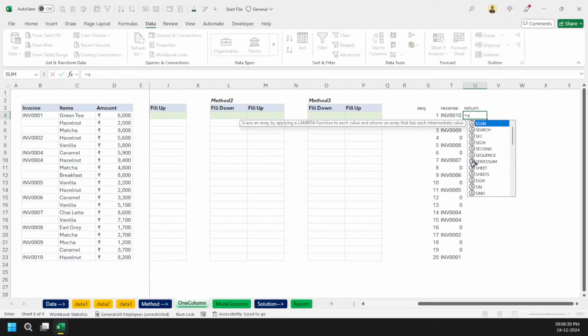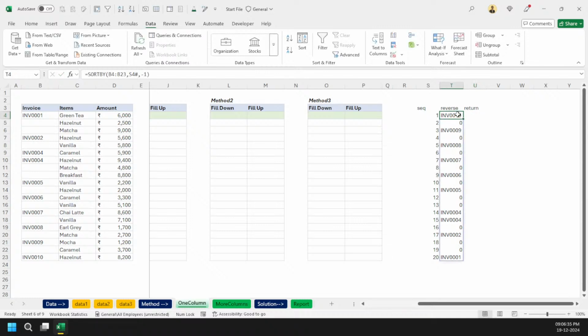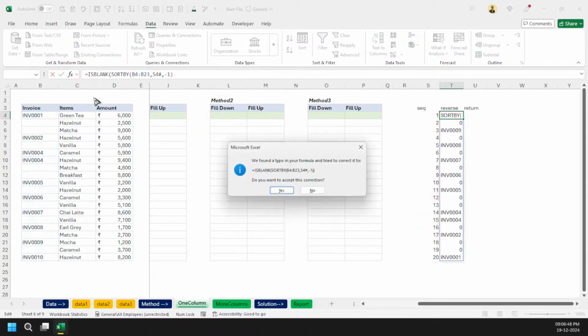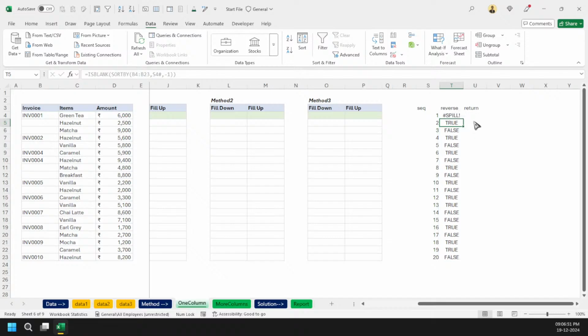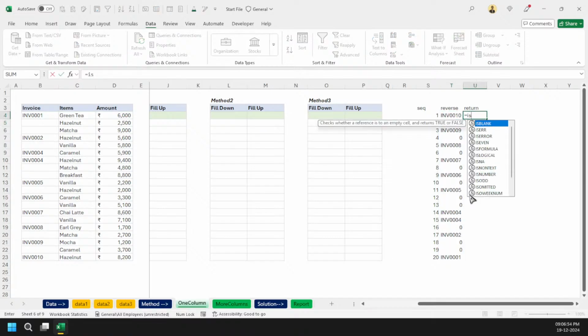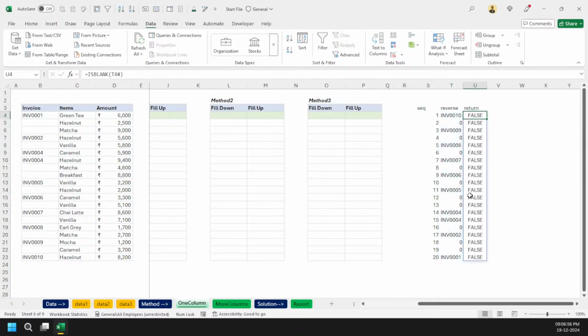So what I'm going to do is just simply wait for a few minutes, because by default what Excel will do is, you can see here zeros, right? These are actually not zeros but blanks. Let me show you what I mean. If I go here and check whether it is blank, I'm getting true. But if I write here "is blank" as text, it will say false. The reason is that behind the scenes this is a blank, but when Excel gives the output, it shows me zero. So we can use this behavior.